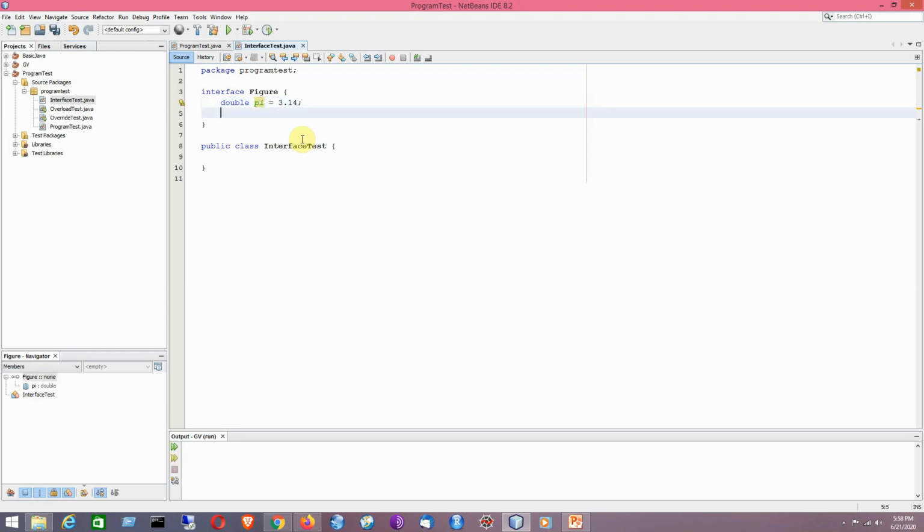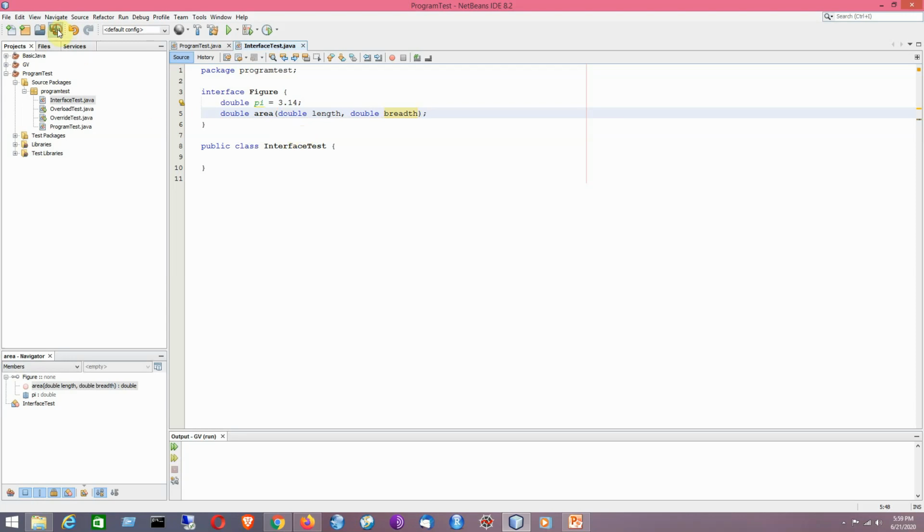Now it is having one abstract method that is named area, which is having two parameters, length and breadth.